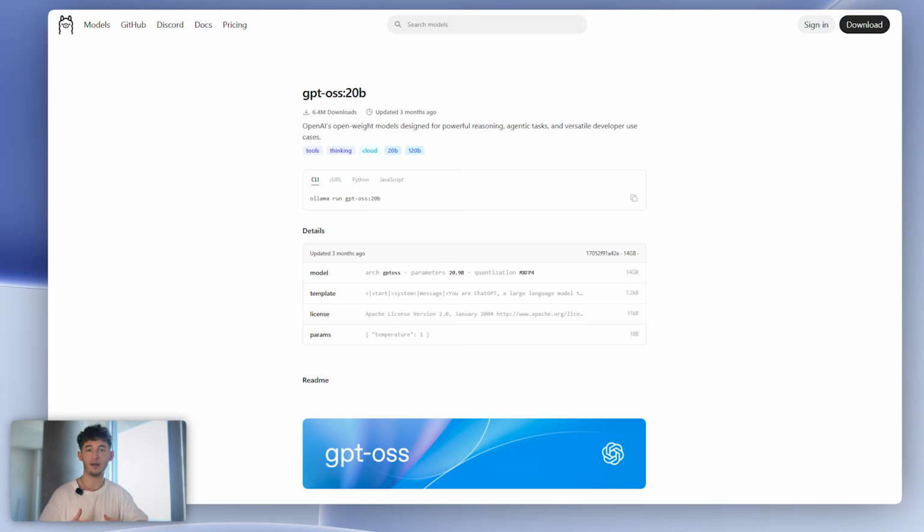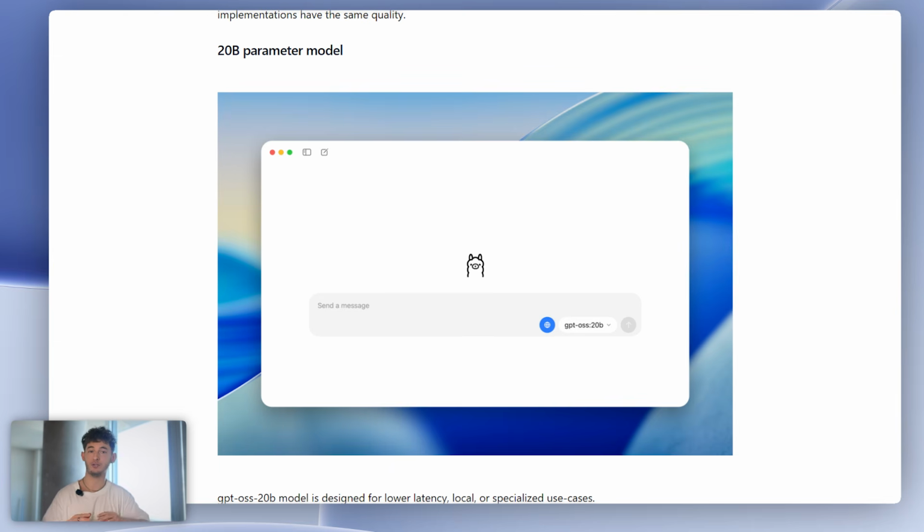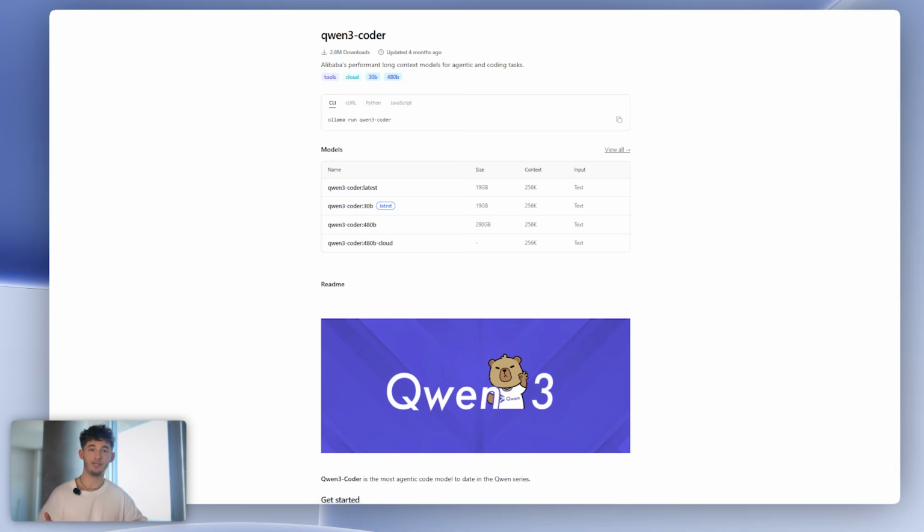And because of how the model architecture actually works, you can run it on less. This is going to be your entry level option. So it's not going to blow your mind, but it works. Now, if you've got something a bit beefier, maybe a decent gaming laptop or a desktop with a dedicated GPU,